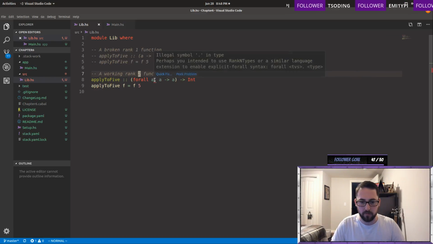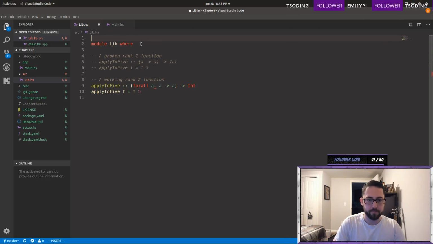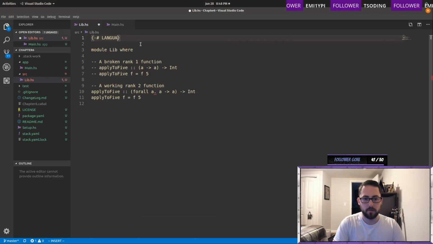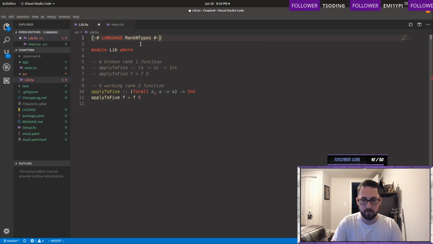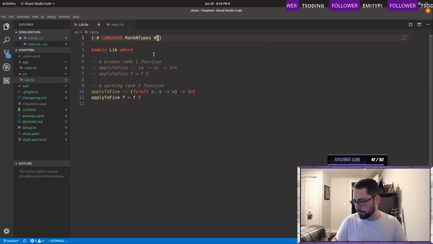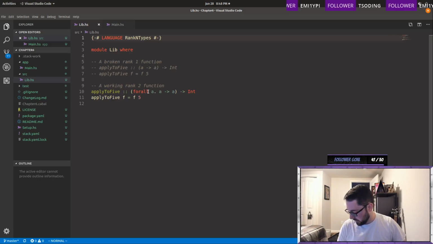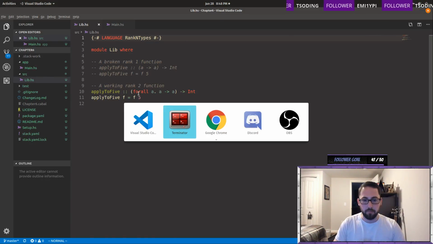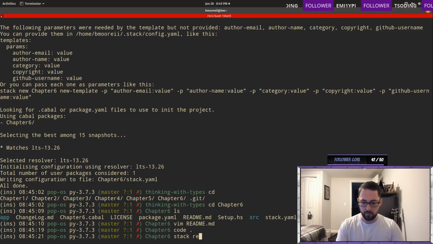This one comes from RankNTypes. Look at that. So, language RankNTypes. Okay. So now that you have this, you've increased the rank. So I'll explain rank a little bit more when we get to the part that explains how ranks work. But essentially what this means now is you can write